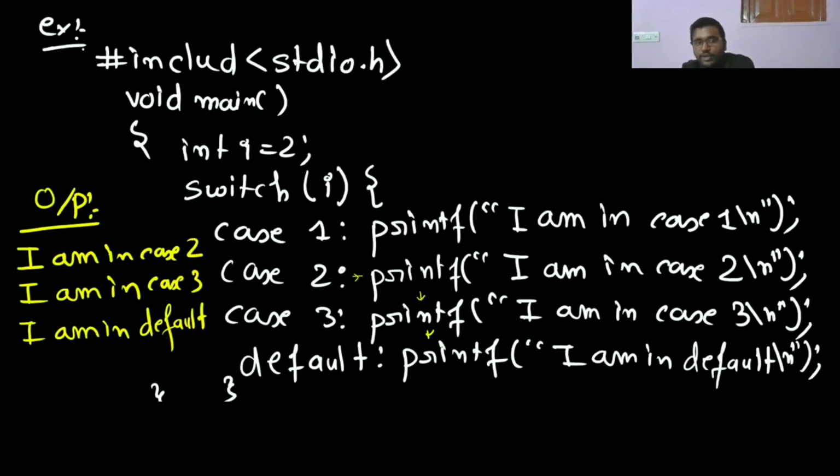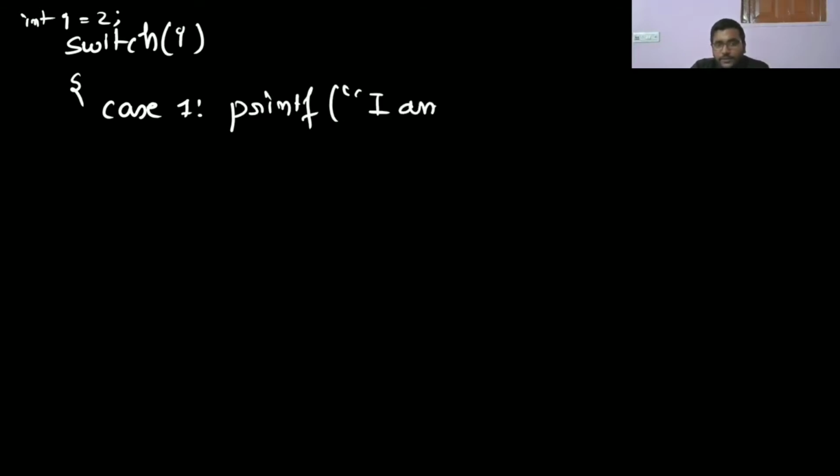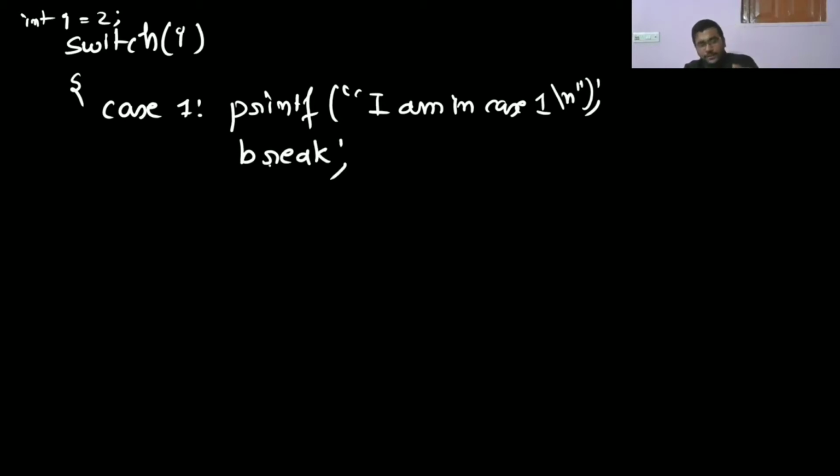अब जैसे आप नहीं करना चाहते हैं सबको प्रिंट, तो आप क्या करेंगे, आप ब्रेक दे देंगे। जैसे मैं लिख देता हूँ, स्विच आई, इंट आई इक्वल टू टू। इस तरह क्वेश्चंस गेट में पूछा गया है, ठीक है ना, इट्स इंपॉर्टेंट क्वेश्चन है। और आपने स्विच आई लिखे, फिर केस वन किए, प्रिंट एफ आई एम इन केस वन, फिर न्यू लाइन, फिर आपने ब्रेक दे दिया। अगर आप ब्रेक दे देंगे तो एग्जीक्यूशन स्विच से बाहर निकल जाएगा।